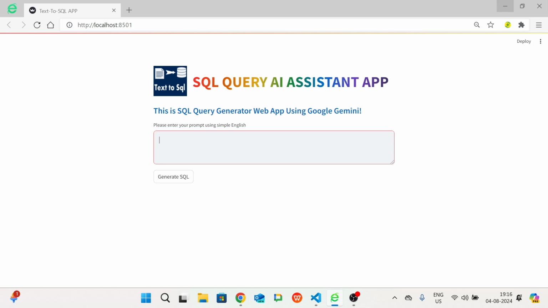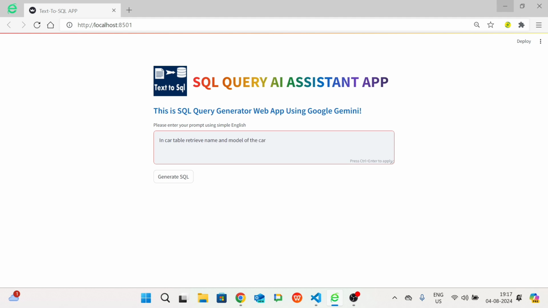I have a database in my system, but I don't know how to interact with it with the help of a SQL query. The database is named car. Consider car as a database. So I will write a very simple thing: in the car table, retrieve, retrieve means to get, the name and model of the car.